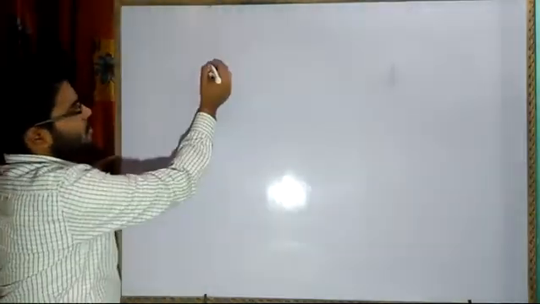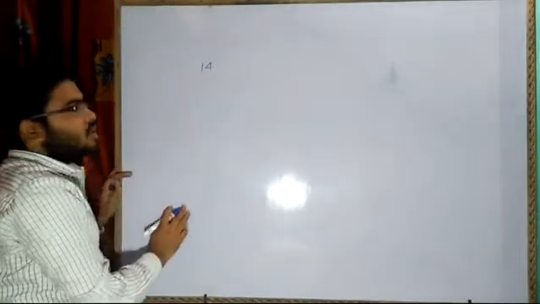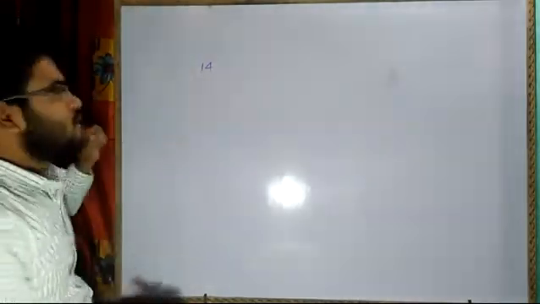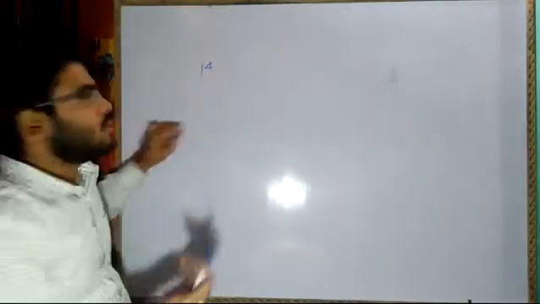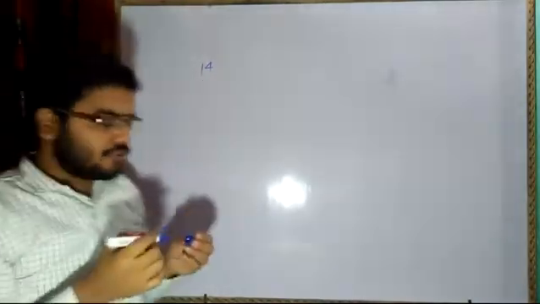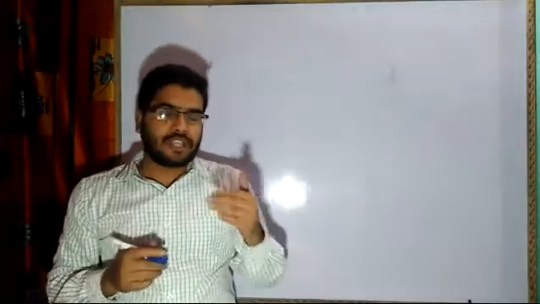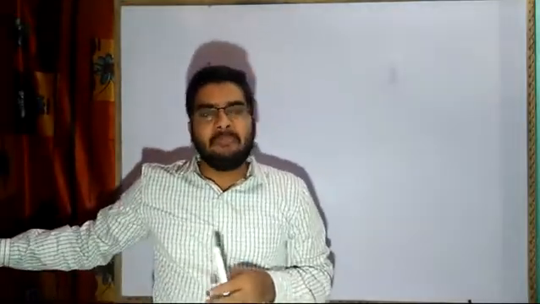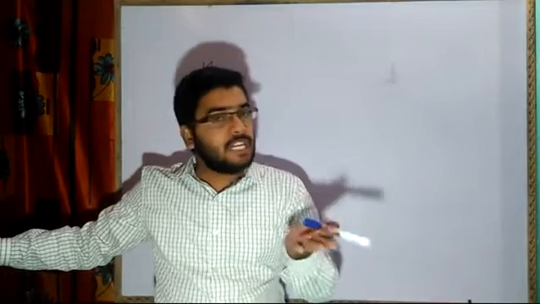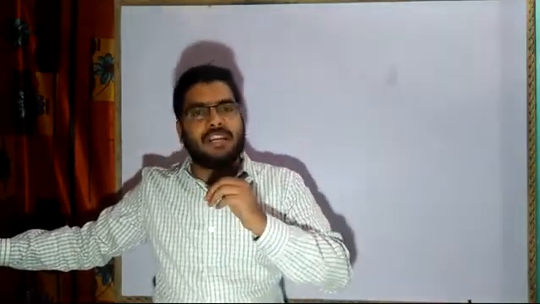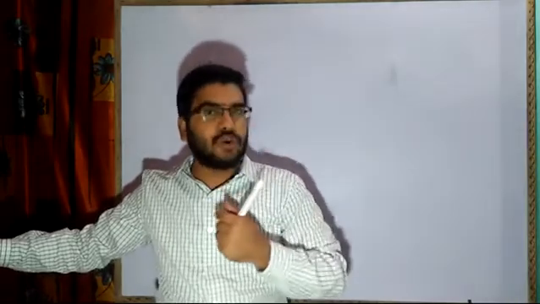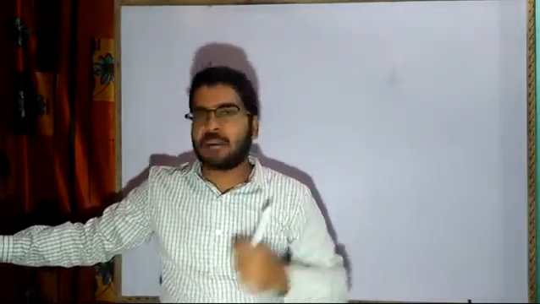Suppose I have a number 14. Now, is it divisible by 2? How will you say? Since it is a small number, we all know it comes in the table of 2, so it is divisible. Divisible and factors. I told you last time, when I was teaching you about factors, that a number which completely divides another number, leaving a remainder equal to 0, is said to be a factor of that particular number.